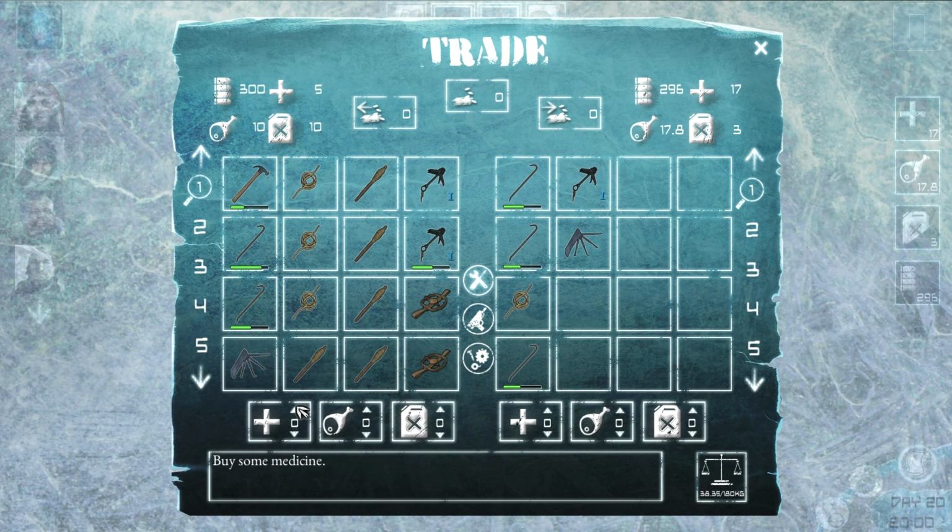I think we could probably use some food here. What's food going to cost me? Oh, wow, food's actually kind of expensive. Okay. So we've got a whole bunch of trade goods in here somewhere, I think. Where are my trade goods at? I think we've got...